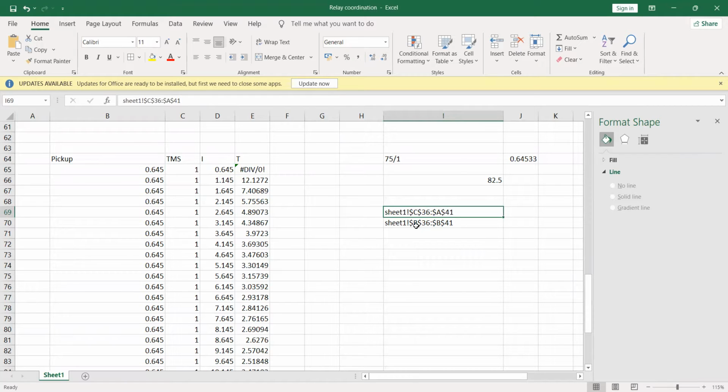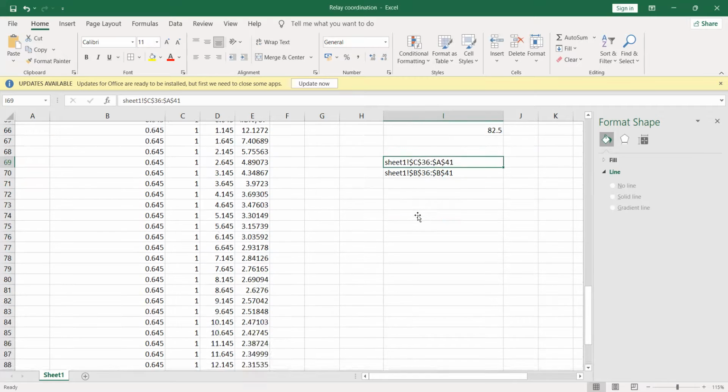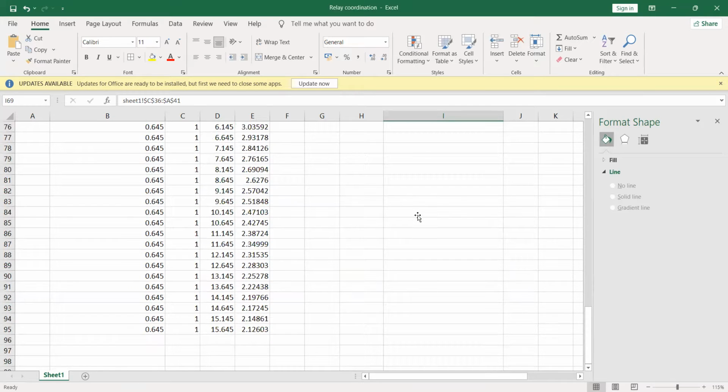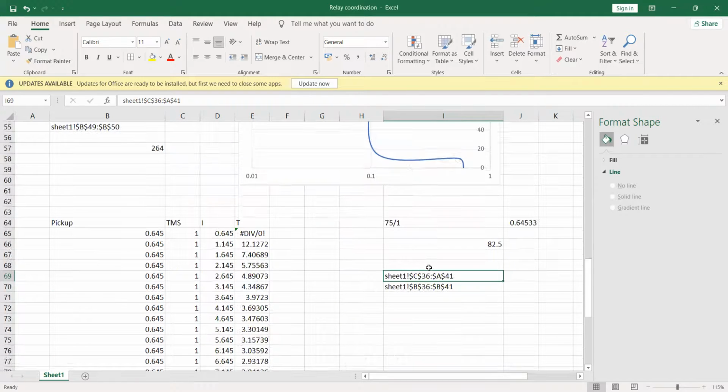Okay, sir. Now let's take sheet 1, C65 till C95, okay? C65 to C95, and next is what?